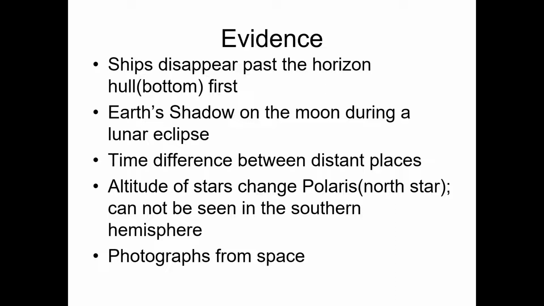Another thing, do you guys know what causes daytime and nighttime? The sun. So if the sun was shining on a flat earth, whether it was coming at the earth like this, so if my hand had a flashlight in it, or if it was shining at the earth like this, what time would it be on the whole earth? The same time. Everybody would either have daytime on this side, or if the sun was over here, nighttime. Do we know that to be true, that it's either the same time or completely